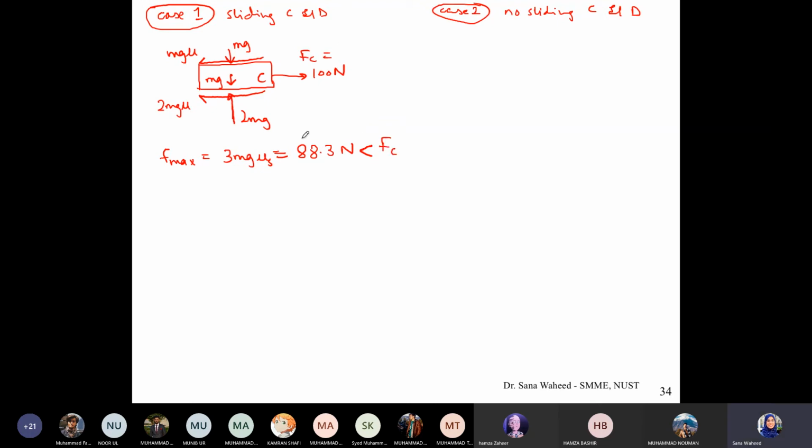Which means that FC will overcome the friction, such that when I write summation F equals MA, I get 100 minus 88.3 equals 10A, where A is the acceleration of C, such that AC turns out to be